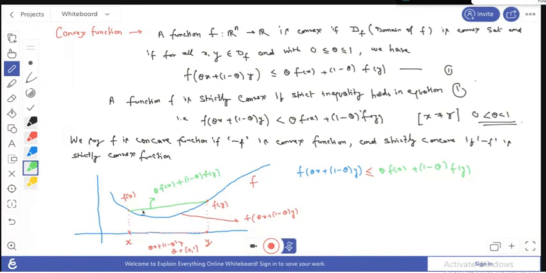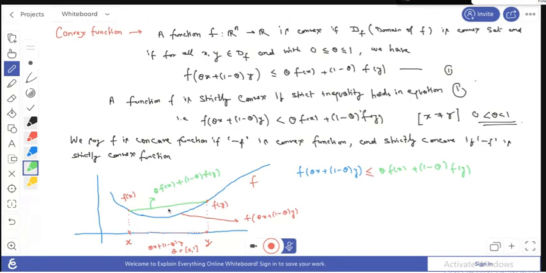Okay, so basically equation number 1 says that if we take any curve and join any two points, and if this straight line is above that curve, then this function is said to be a convex function. Okay, तो basically आप मैथमेटिकली तो आप प्रूफ ऐसे कर ही सकते हो by equation 1 you can prove that any function is convex or not, बट ज्योमेट्रिकली भी आप किसी फंक्शन को देखें और ये बता भी सकते हो कि वो फंक्शन हमारा जो भी ग्राफ है वो कॉन्वेक्स है या नहीं। उसके लिए आप क्या करें, किसी दो पॉइंट को आप ज्वाइन करें और उनको मिलाने वाली जो लाइन है, if this line is above the curve, so this is a convex function, otherwise